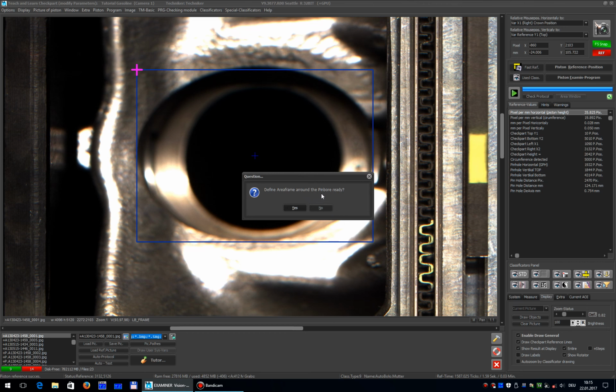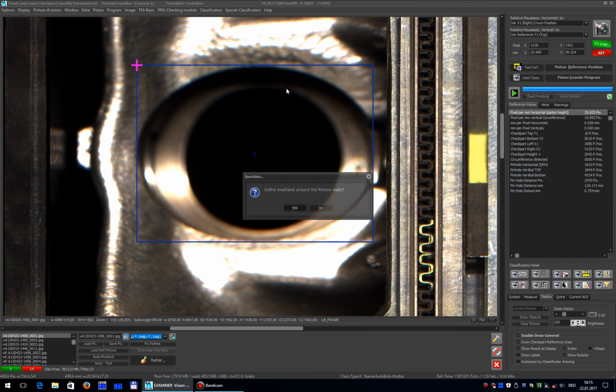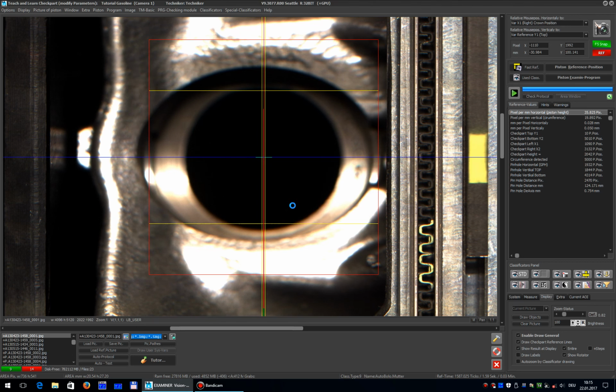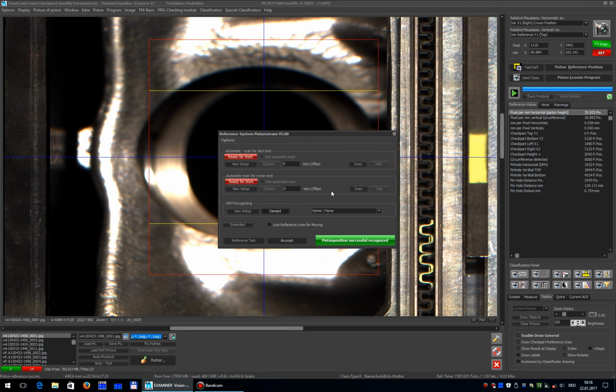Define area frame around the pin bore ready. No. I will adjust it in the top a little bit better. Now I'm ready, yes. He learns this. In this case he did not must learn anything except